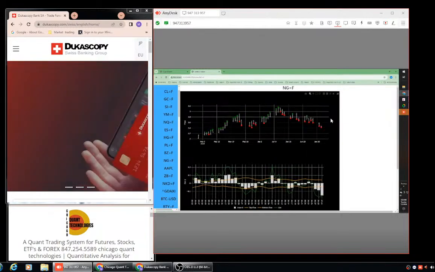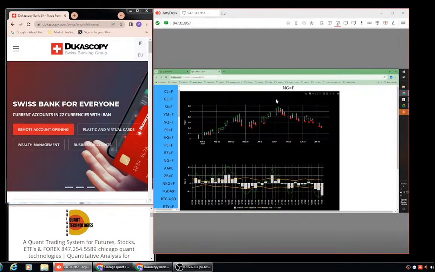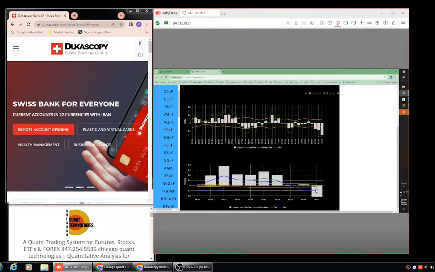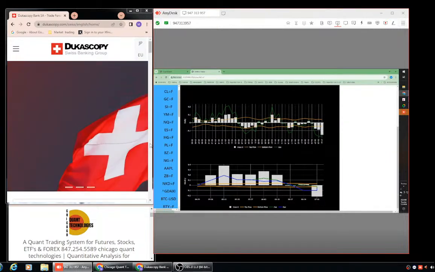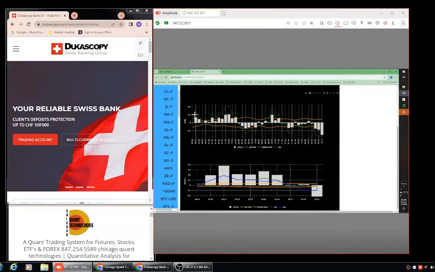Natural gas, same situation in the opposite direction basically, as it's trending down, whereas the others are trending up. And you can see here, we've gone in and out of buys and sells now. So the next stop will be the